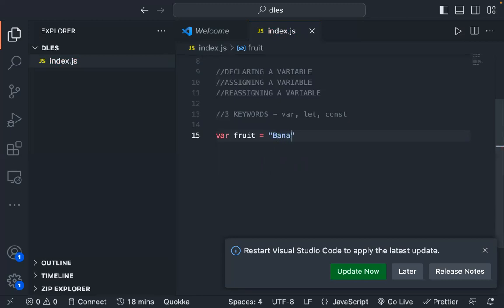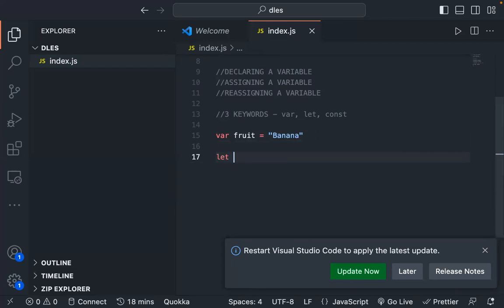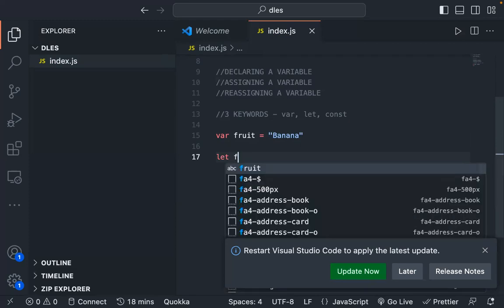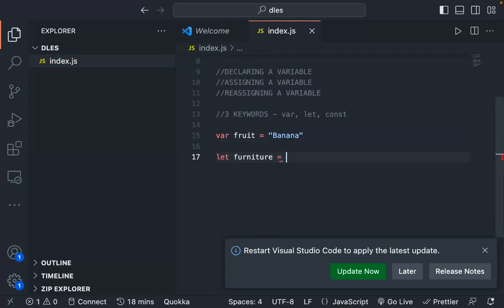So var fruit equals to banana. You could also have the let keyword. With this, you don't have an error. You can say let furniture equals to,